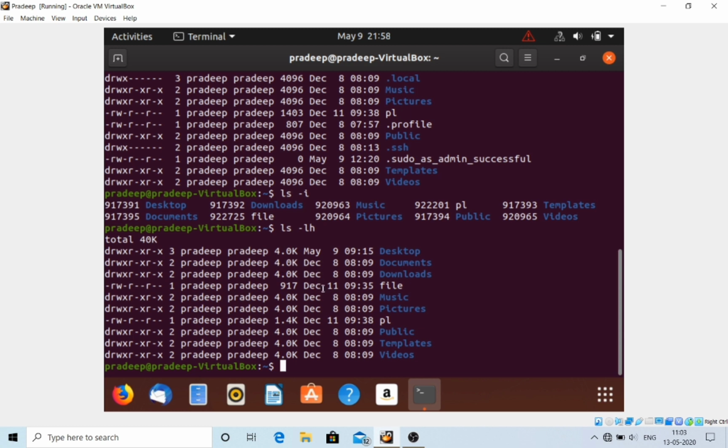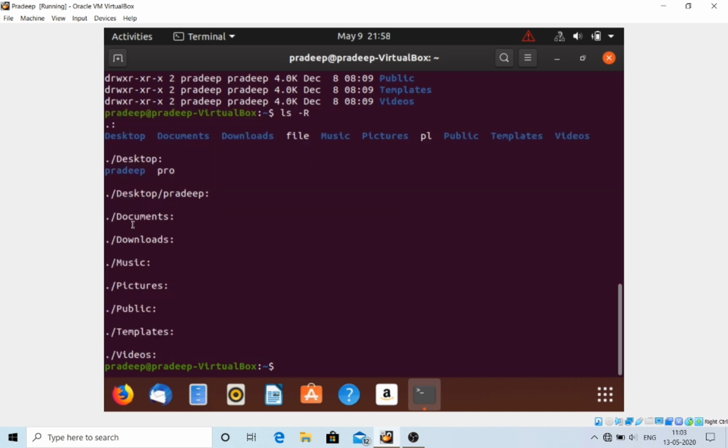If you want to list the directory tree or subdirectories recursively, then you have to type the command ls space dash capital R. You can see here all the files, directories and subdirectories.